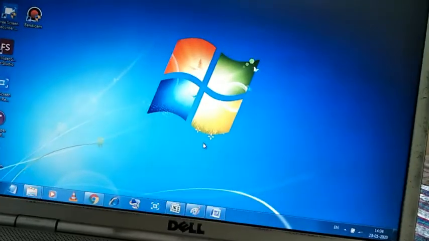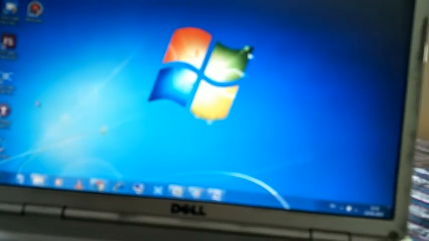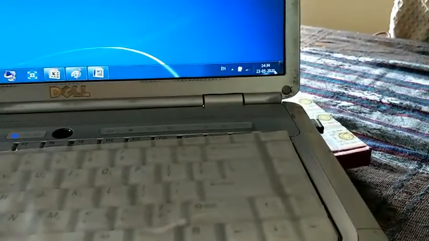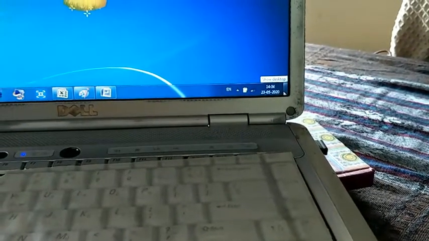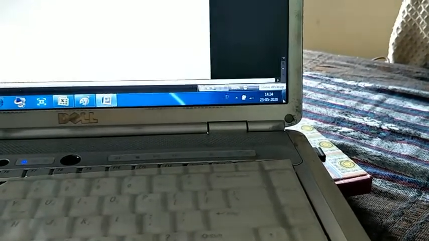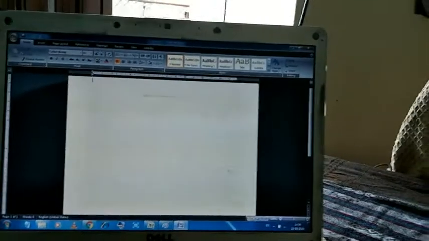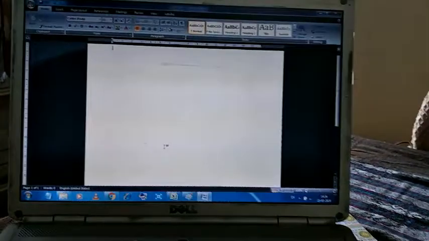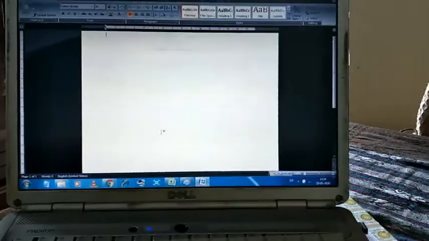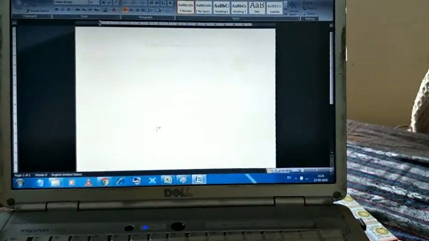That is the use of the Show Desktop button. Again, if you want to restore all the windows, click here again, on the Show Desktop button. Look, you can see all the minimized windows get restored.